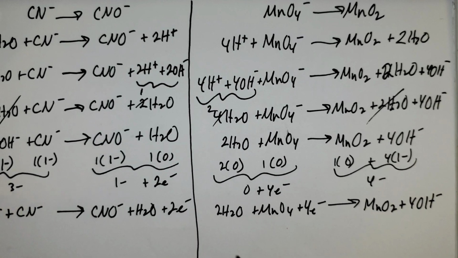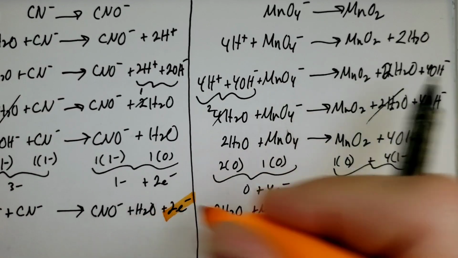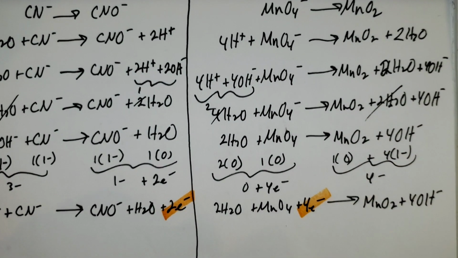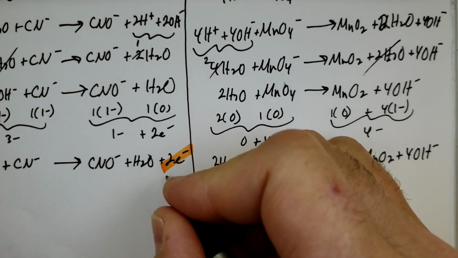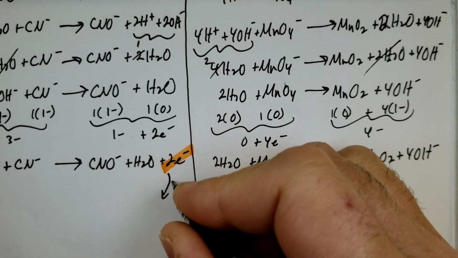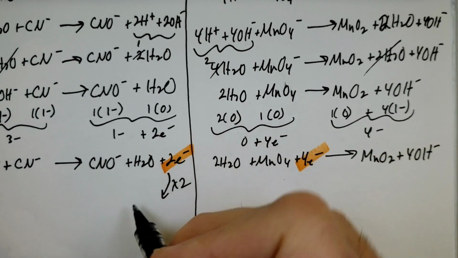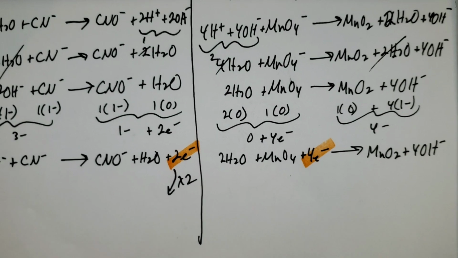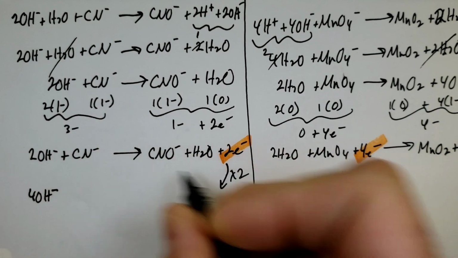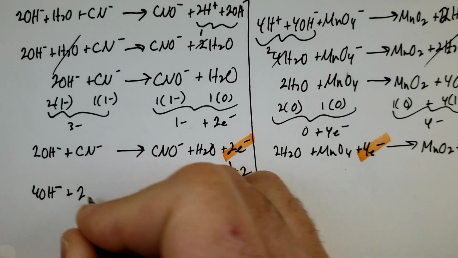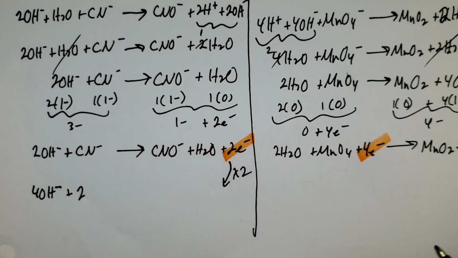Again, you should have electrons being released on one side and electrons being added to the other. The lowest common multiple of two and four, of course, is four. So I need to change this to a four by multiplying everything by two. If I multiply everything by two, I'm going to have four OHs, two CNs,